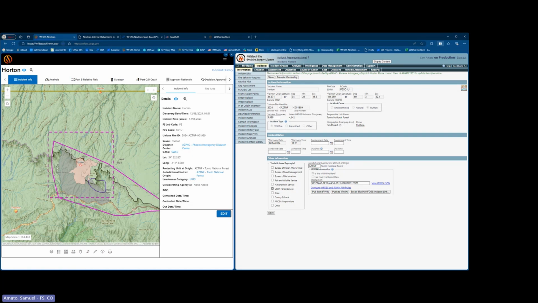And then when we start a decision in WFDSS NextGen, this is one big difference. We automatically generate a planning area, 7 miles by 7 miles, centered on the point of origin. And we do that so that we can get a values inventory called a spatial inventory in WFDSS NextGen, because